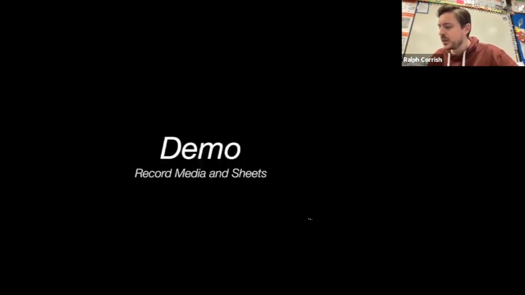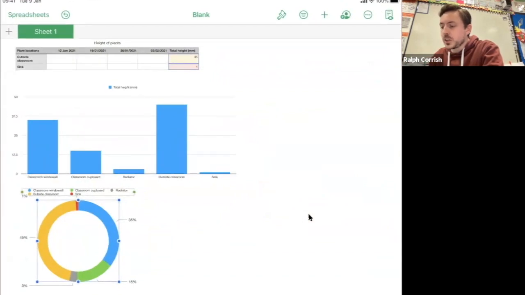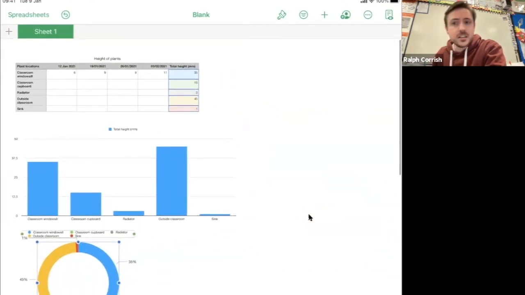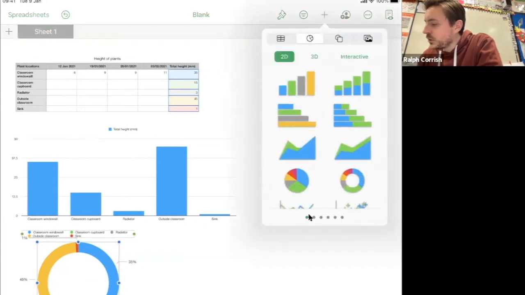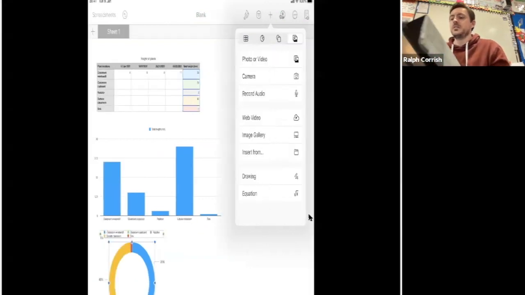So let's have a final demo and discuss before we move on to our Apple Teacher badge. So going back to the slides, the one I created earlier, where we've got our table and our charts here. The first thing we said we'd like to do is record some media. So here are our different options: photo, video, camera, record audio. So if I have this camera here and I want to press the camera button,